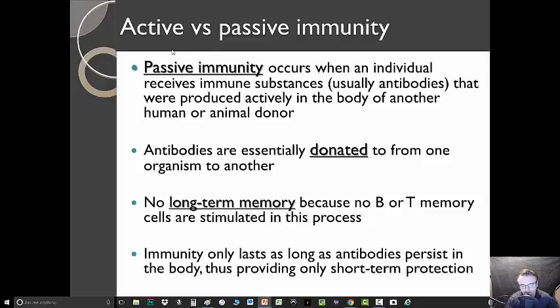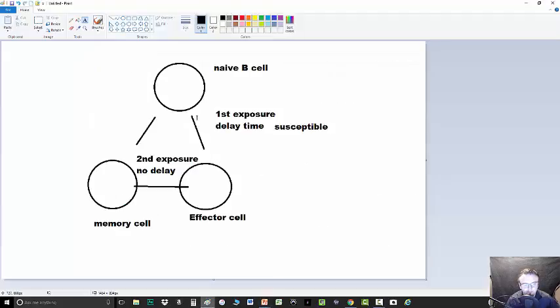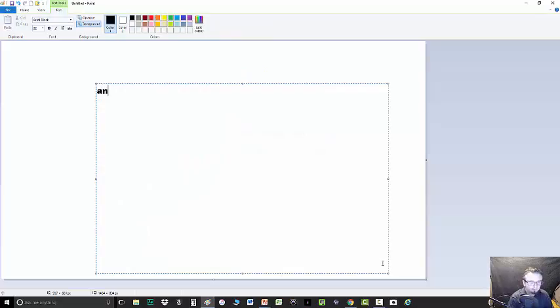So passive immunity is the exception to the norm. And in a passive immunizing event, what happens is that an individual can gain the protection of antibodies for a short period of time. What happens is you can donate someone's antibodies to another individual. And interestingly, the antibodies themselves, and this is key, the antibodies themselves actually don't have self versus non-self specificity. In fact, let me just write that here. Antibodies don't have self versus non-self